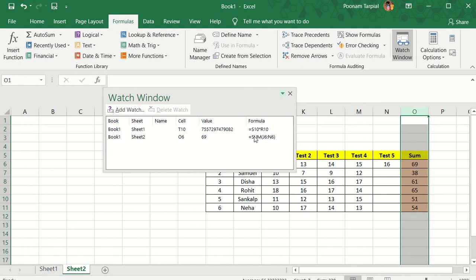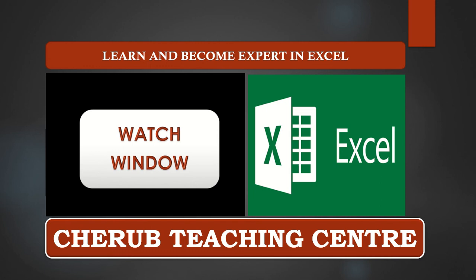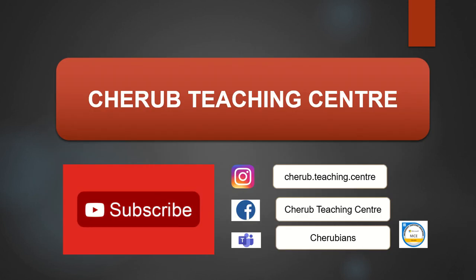Please ensure that when you're using the watch window, this function is very beneficial in keeping an eye on the things which need attention. And every time I click on this watch window, that entry is going to be there in front of me. I can simply click on it and it will take me to that specific sheet in the Excel file. So I would request you to go ahead today and use this specific function in order to understand how you can utilize the watch window.